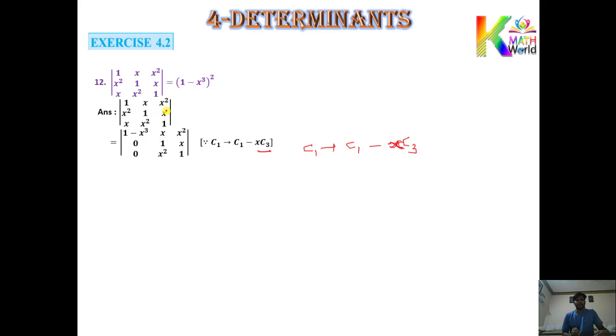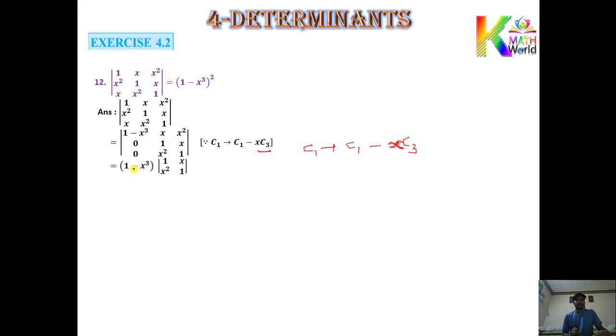This got multiplied by minus x, you can see, the last column. So here minus x square occurs, added here, then you got x square minus x square, 0. Here added minus x, so minus x plus x is 0. While the other two columns are as they are. Now you can see you got 1 minus x cube common from the first column, so outside. Then what is left? 1 0 0.